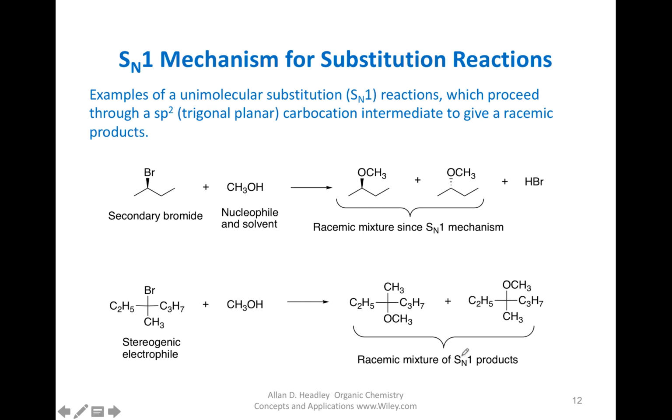So let us look here at a couple more examples. So here's a secondary bromide reacting with an alcohol, going by SN1. Why SN1? Because this is a protic nucleophile which can act as the solvent. So it's a protic solvent or an ionizing solvent. So we get a mixture of optically active product where there's retention of configuration because they're on the same side, or inversion of configuration because they're on opposite sides. Written differently,